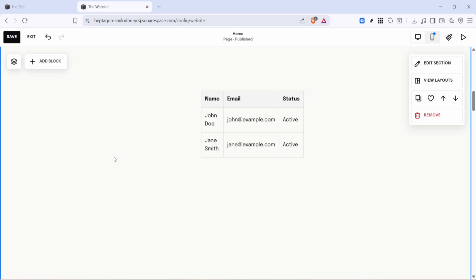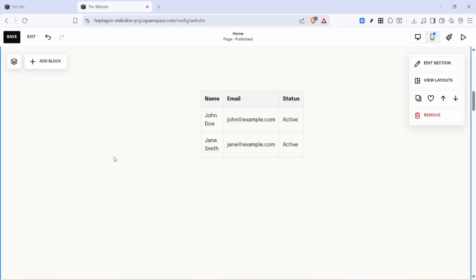Now paste the code into the editor. This is the code for your table, and once it's inserted, Squarespace will use it to render the table on the page. Make sure the code is pasted cleanly and completely so the table displays properly. If the formatting looks off, it's a good idea to double check that nothing was accidentally deleted or pasted incorrectly. After pasting the code, you can review how the table looks within your page layout and make any needed adjustments